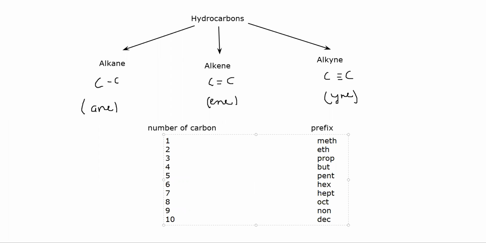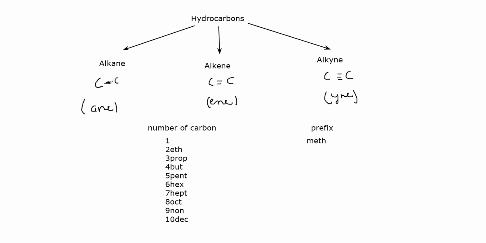Sir, then what's the difference between the first three, that is alkane, alkene, and alkyne, and the first three of the carbon numbers? Here, this is about the bonds. If between carbon and carbon there's a single bond, we call alkane. If there's a double bond, we call alkene. And if there's a triple bond, alkyne. This is a type of bond. And this is about the number of the carbon atoms.